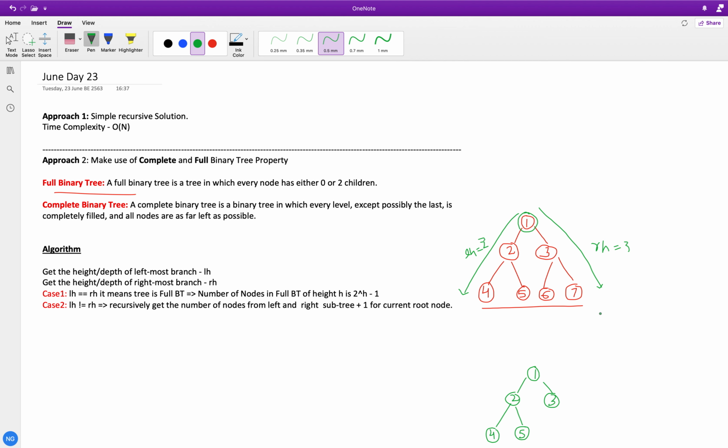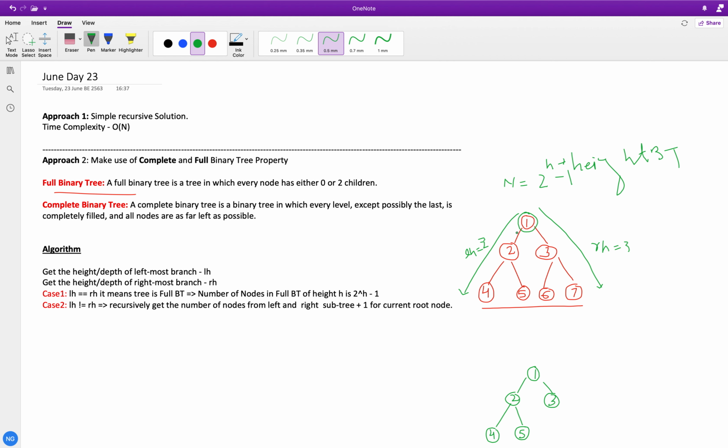In a full binary tree, the number of nodes n is 2 to the power h minus 1, where h is the height or depth of the binary tree.